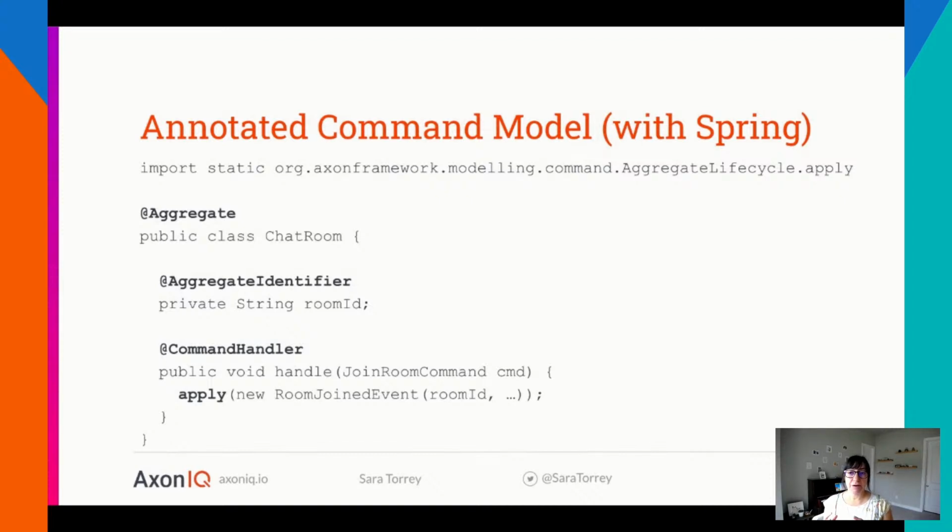For example, our aggregate is called chat room. And for configuration simplicity, we will be using Spring in our samples. Here, the @Aggregate annotation is actually a Spring stereotype, which notifies the Axon Spring auto configuration to wire up the necessary infrastructure like command handlers and the repository.